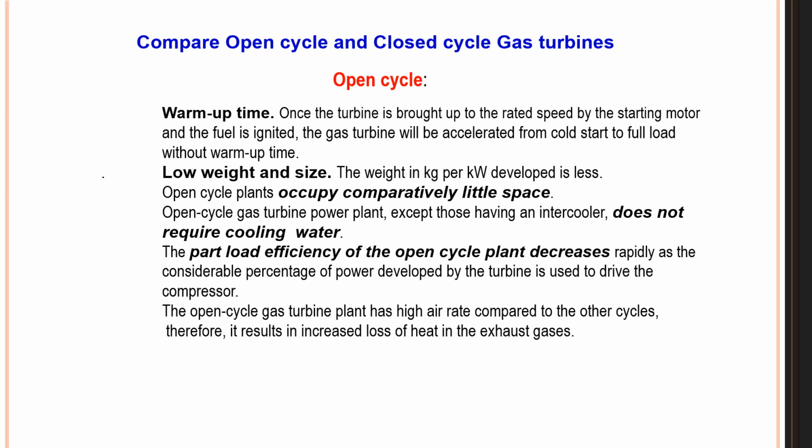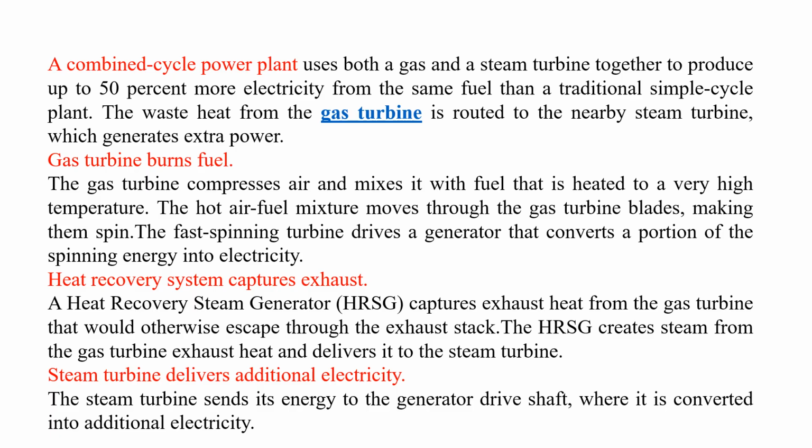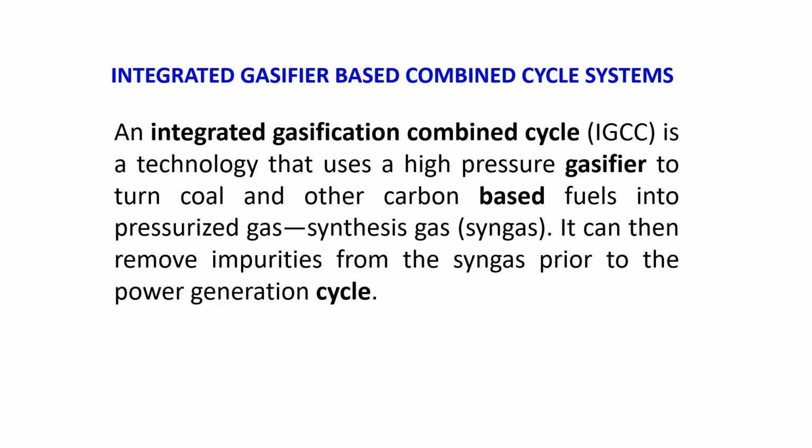This is a comparison between open cycle and closed cycle power plants. The combined cycle power plant will use both the gas turbine power plant and the steam turbine power plant. In the integrated gasifier combined cycle, gasifier and